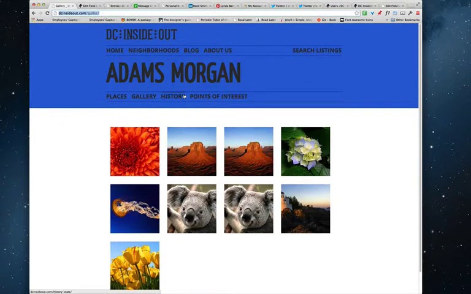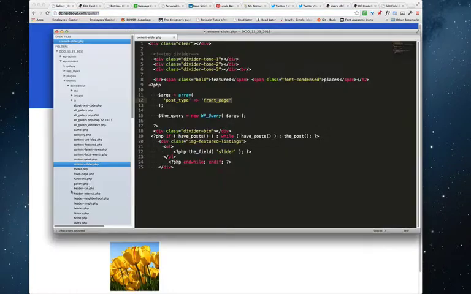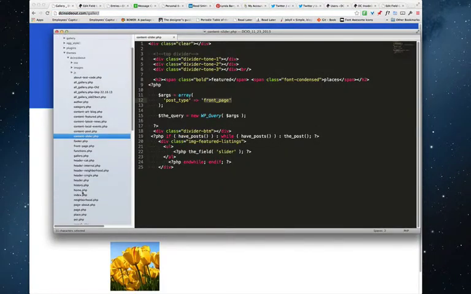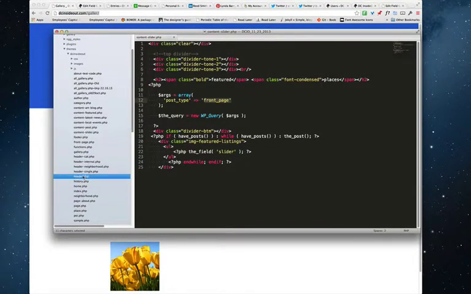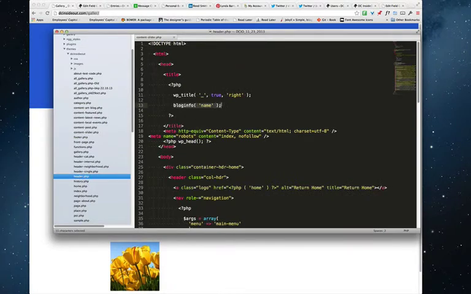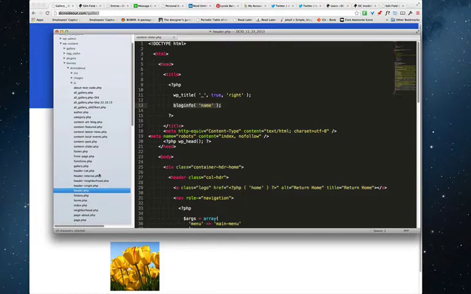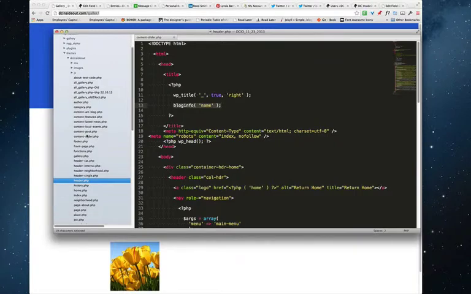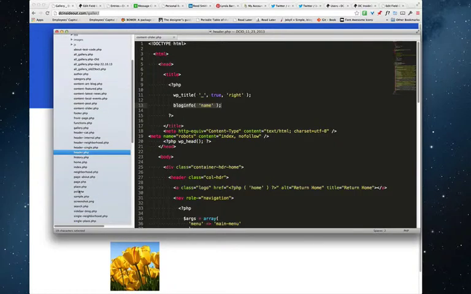I do have another thing I want you to do, but it'll be a separate task. So if you could just get this done next week, I'll probably have another task for you regarding the title tag. What I mean by that is basically in the code, if I go to any of these, like header, for example, where it says blog info, that's where it shows the title up here on the tag. But say I go to an interior or just a regular page,